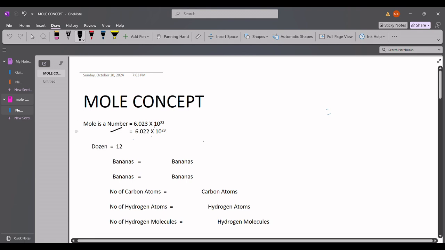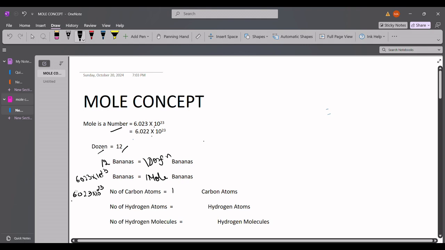Why is it a number? For example, take a dozen. Dozen is a number that is equal to 12. If we say we have 12 bananas, then we can also say that we have 1 dozen bananas. Likewise, if I say I have 6.023 into 10 raised to power 23 bananas, then I can say that I have 1 mole of bananas. In chemistry, if I say that I have 6.023 into 10 raised to power 23 carbon atoms,